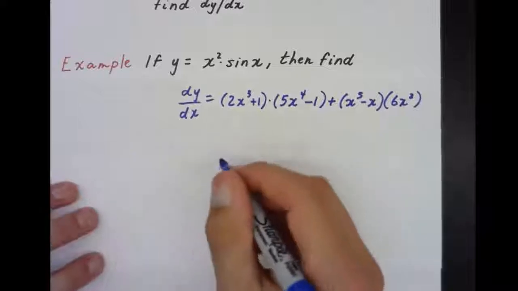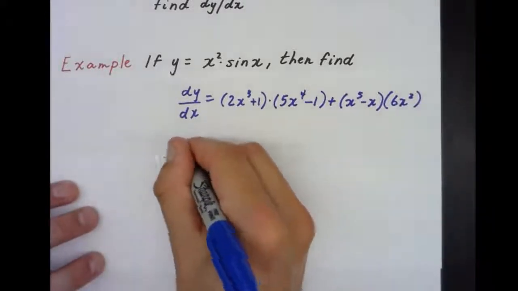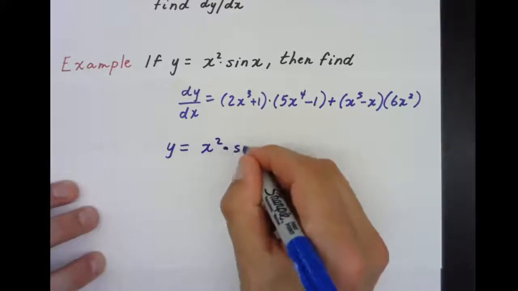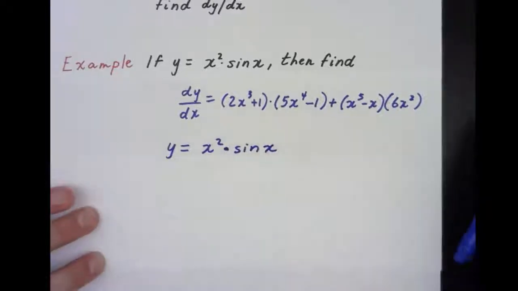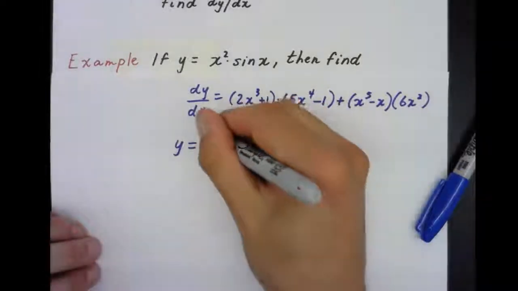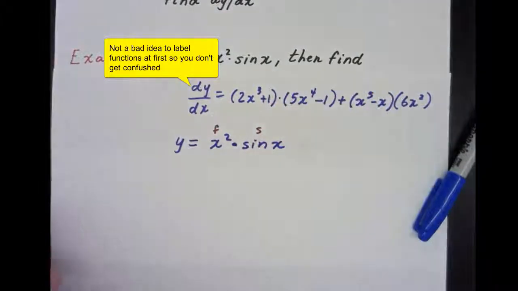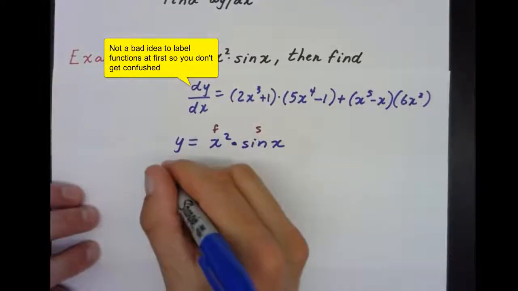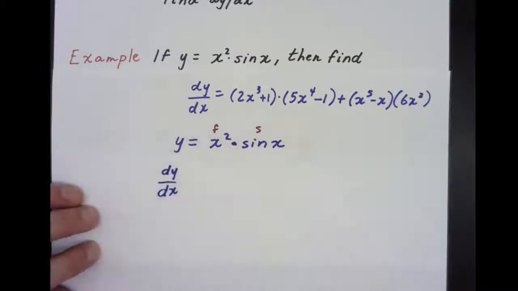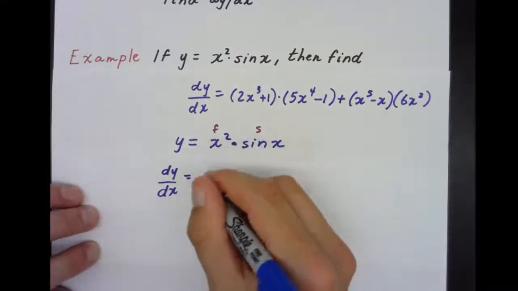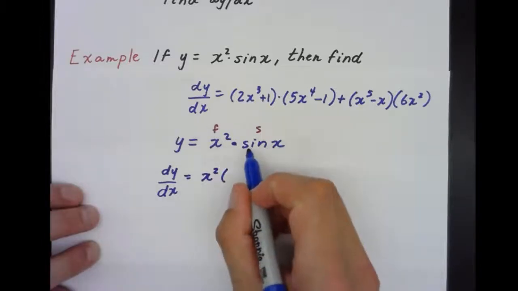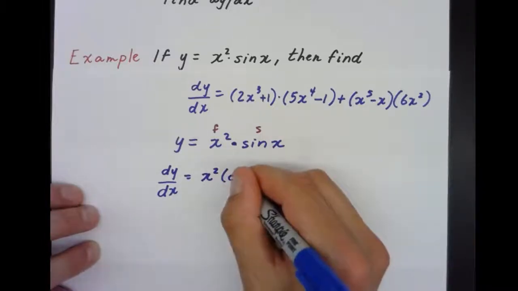This one's a little bit easier. So we have y equals x squared times sine of x. Okay, so if you really wanted to, you could say, here's my first function, here's my second, if I wanted to label those. And we have to use the notation dy dx now, taking the derivative of y with respect to x. So you have your first, which is x squared, times the derivative of your second. The derivative of sine of x is cosine of x,